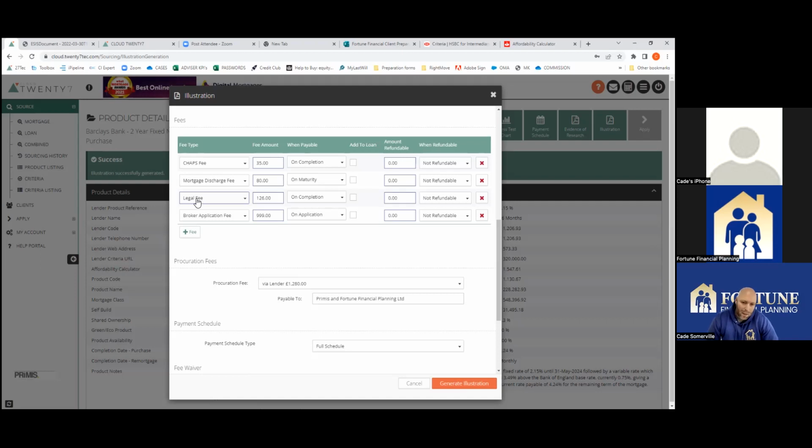Absolutely, yeah, good spot. So with legal fee, it will automatically produce a legal fee, especially for a purchase, and again, for a remortgage likely as well. But it's an indication of the costs that the client will have to pay a solicitor to do the work on behalf of the lender. Okay, so that's not going to cost them £126 for a solicitor to carry out the full conveyancing work from start to finish. Yeah. That is in relation to the fee payable to a solicitor to carry out the work